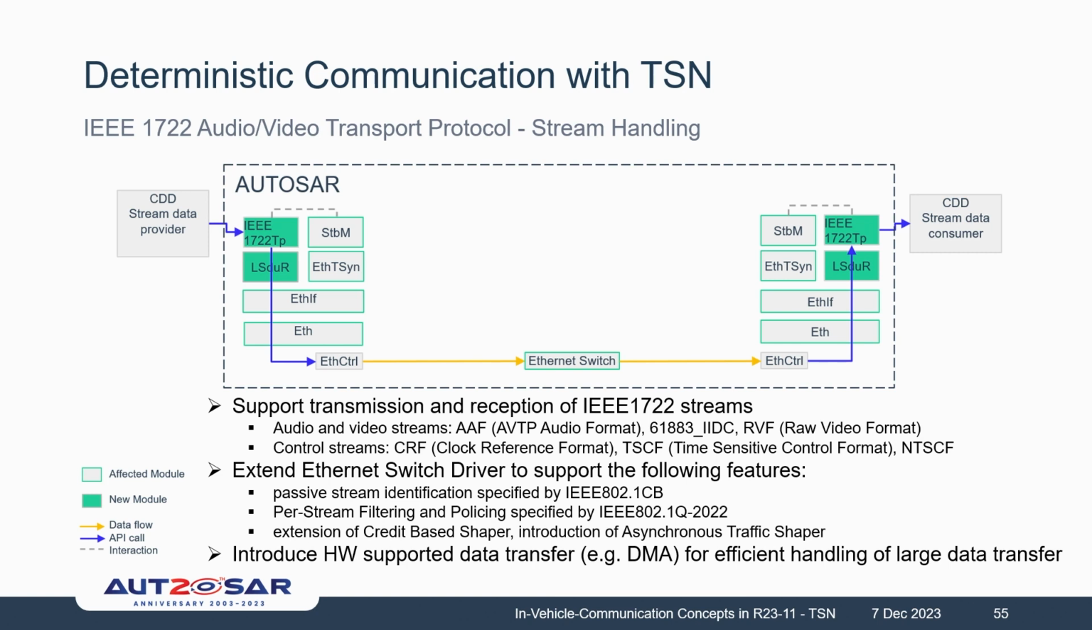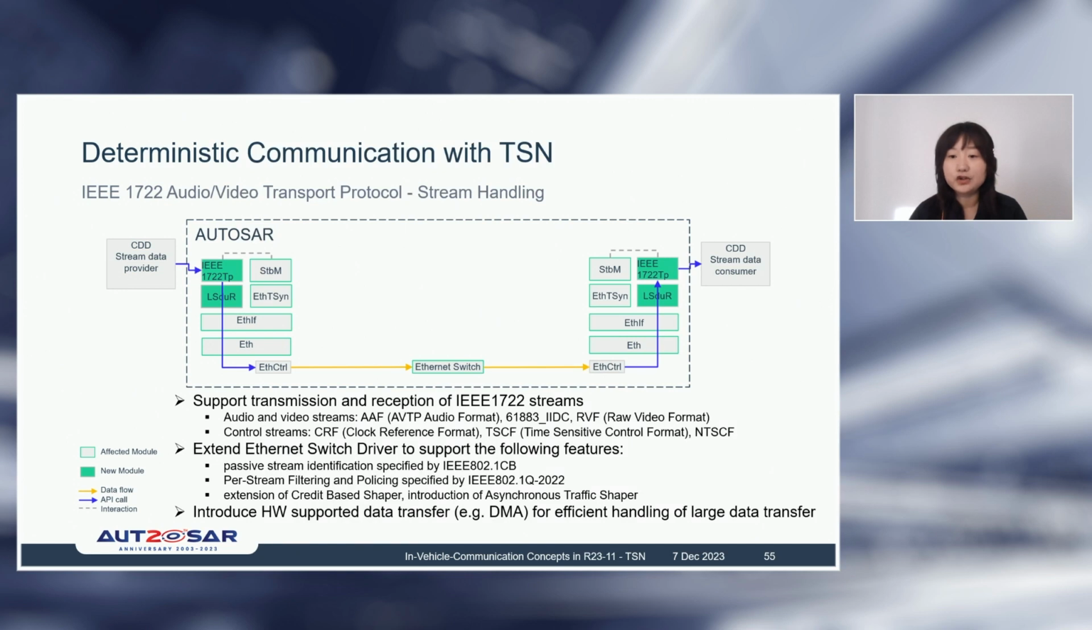Besides this enhancement, AUTOSAR also introduces new modules. For example, these solid green blocks here. For example, the IEEE 1722 TP module to support stream handling between talkers and listeners, or in other words, between producers and consumers here to communicate. The behavior of this new module refers to the IEEE 1722 protocol or audio-video transport protocol, which is a level 2 transport protocol. This module supports also transmission and reception of AVTP streams,